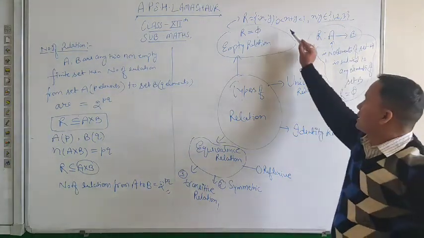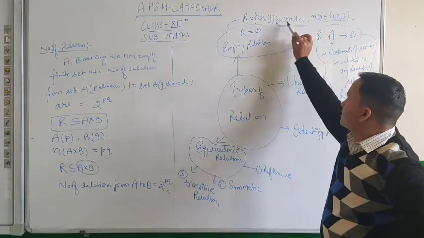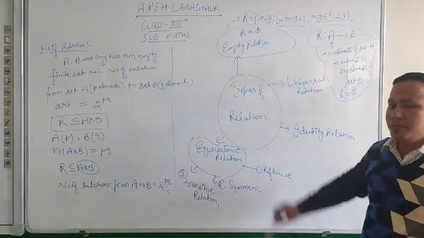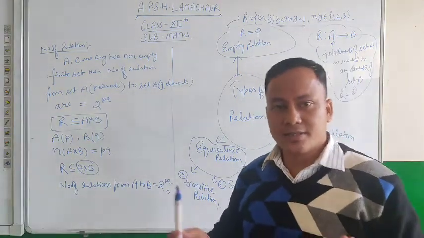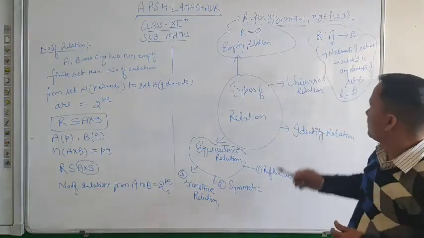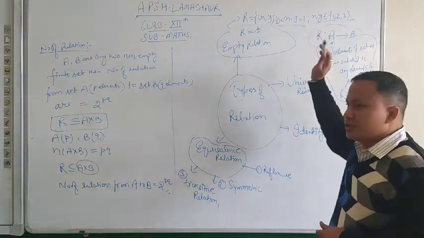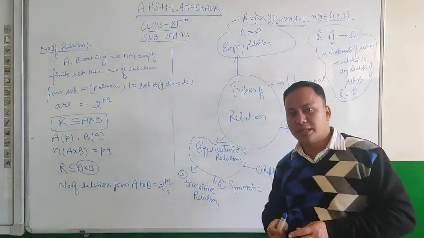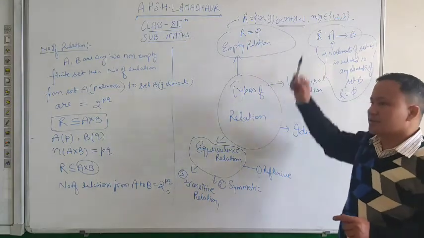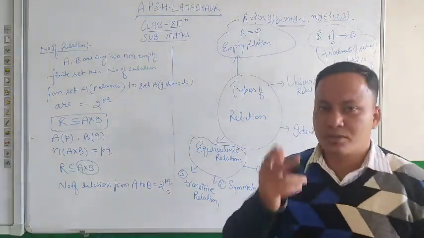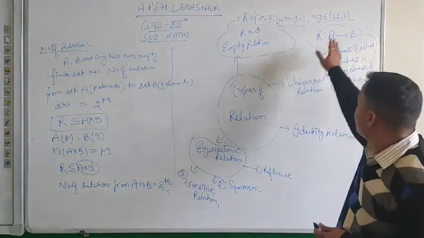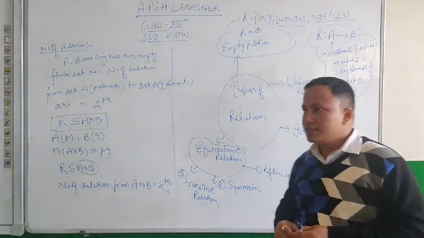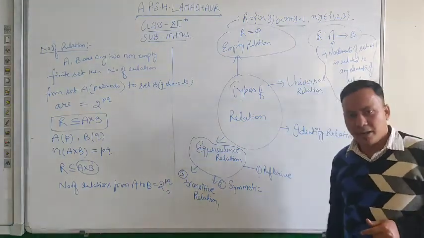Now what is the relation? The relation is this. It means the sum of two ordered pair elements will always be between 0 and 1. Means x और y का जो सम है उसकी रेंज दे दी है 0 से 1 के बीच में. So is it possible that if we are taking any two numbers from the set having 1, 2 and 3 as elements and then we are adding both of them, then they will be lying between 0 and 1? क्या ऐसा पॉसिबल है? नहीं है. कोई भी दो नेचुरल नंबर को आप ऐड करेंगे इन दिए हुए 3 नेचुरल नंबर्स में से तो उनका सम ऑलवेज बी ग्रेटर देन 1. ओके, सो दिस काइंड ऑफ रिलेशन इज सेड टू बी एम्प्टी रिलेशन.